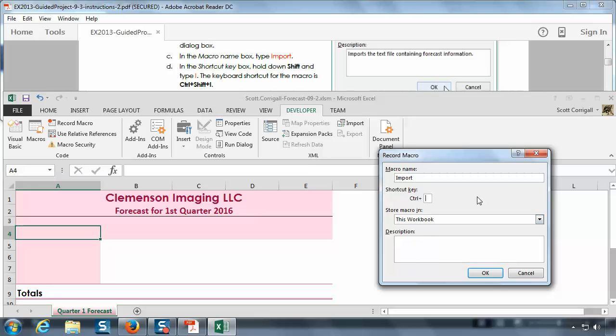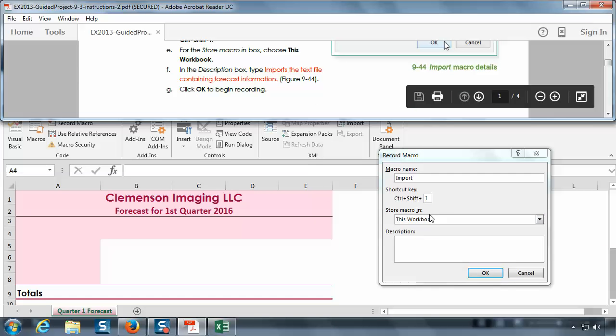Now there's something called a shortcut key, which is if you hit a combination of letters on the keyboard, it will automatically run this little macro for us. This is very familiar if you see Control S for saving your file. Sometimes you'll select things with Control A and things like that. This is just giving you the chance to assign something yourself, and they say just give it a capital I for import. Now in the future, if we hold down Control and we type a capital I, which requires Shift, this program will run. Now you always make sure it says this workbook for today's project,